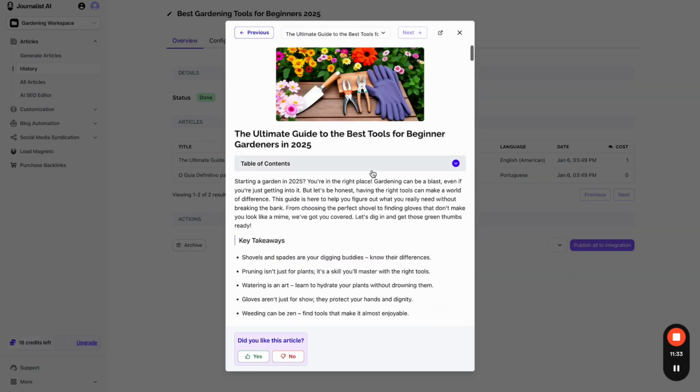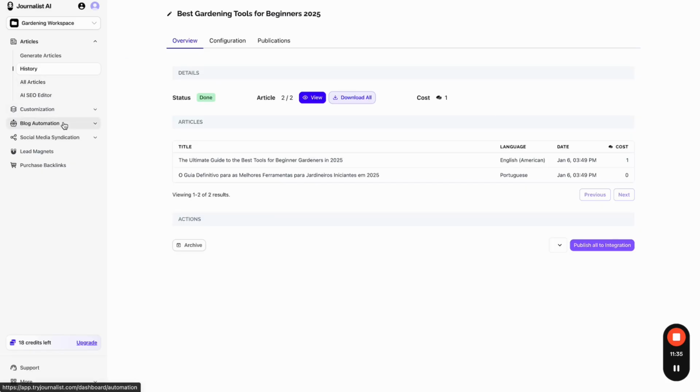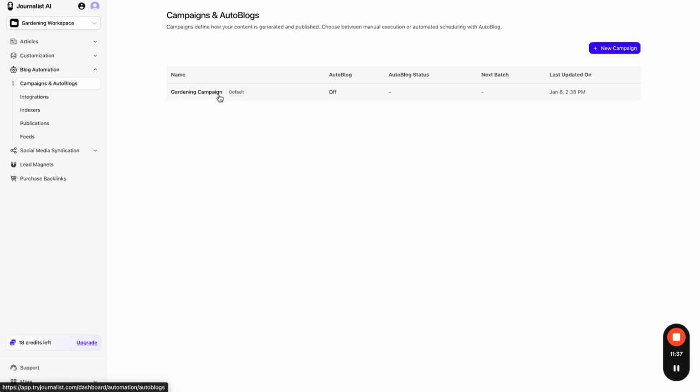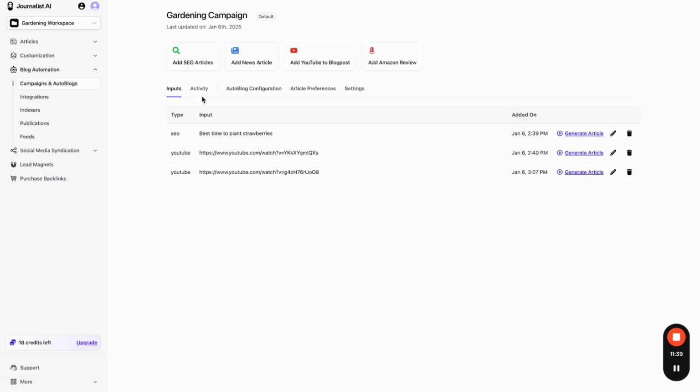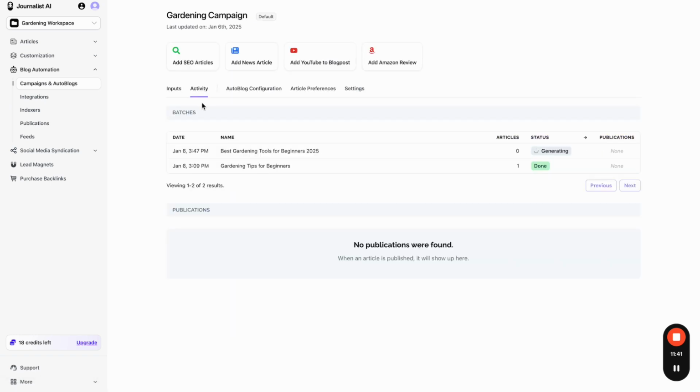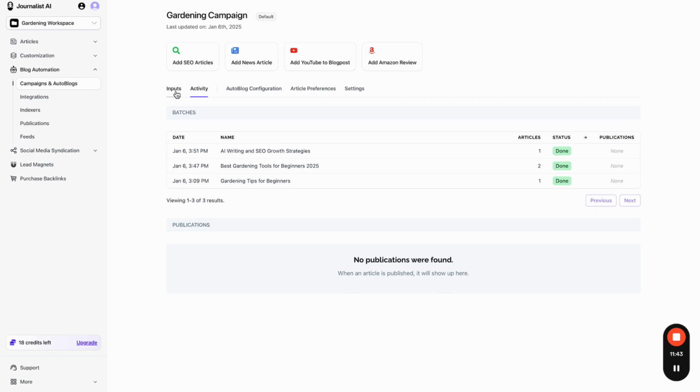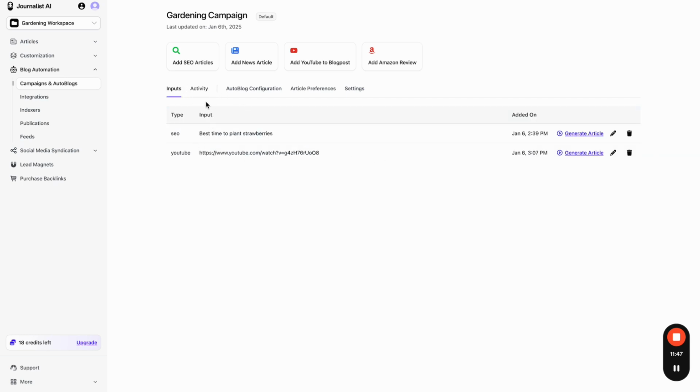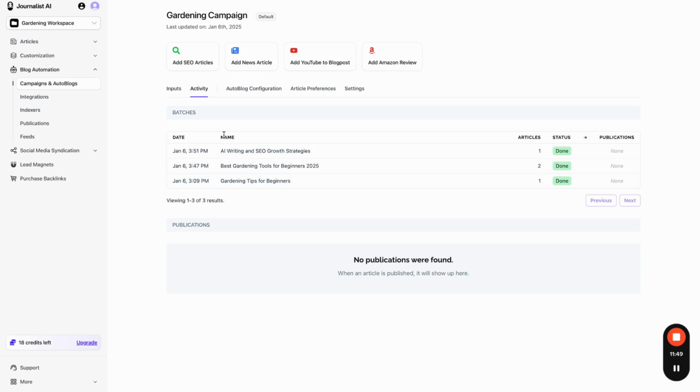Now that is done, right? Now again, I can go here to blog automation, campaigns, garden campaign, and go here and see my activity tab. You'll see that now we have here the 3 articles right here. They jumped from the input to the output tab or the activity tab, and these 2 are SEO type articles. This one is the YouTube one. If we click it right here, right,